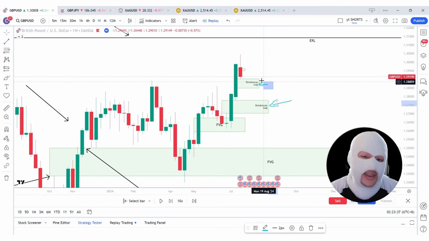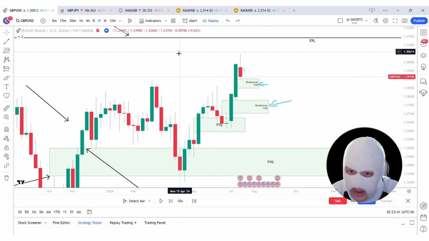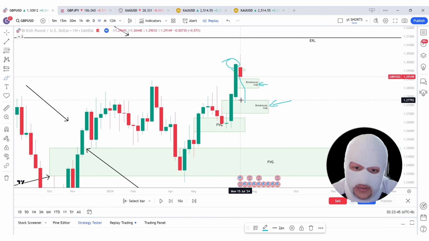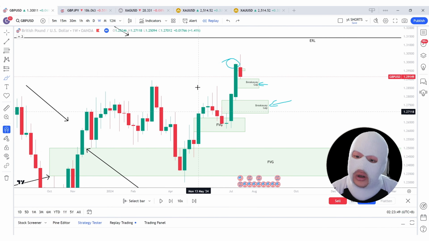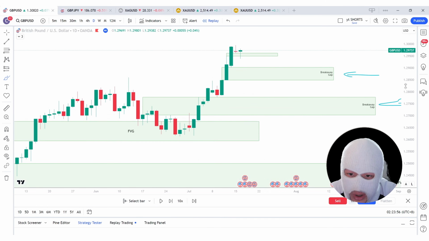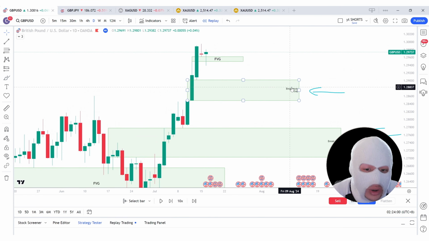Why? Because the third candle of this fair value gap closed very high up. So price has to do a lot of work to retrace back into this first fair value gap. This shows us extremely bullish intentions on the pound US dollar. Now let's drop down to the daily time frame. Here we can see that there are several breakaway gaps like these and these over here,